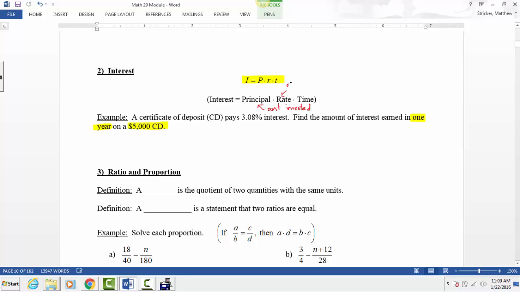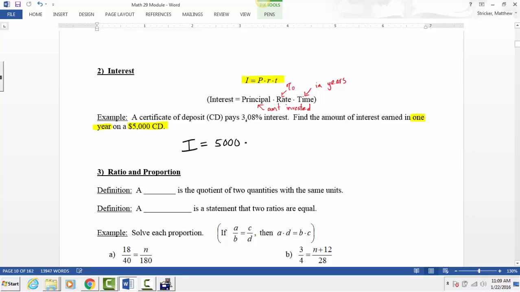The rate, that's the percent, that's the interest rate. And then the time, this is in years. So it says find the amount of interest. So I want to know in this example the interest that is earned on a principal, the amount invested. Okay, so the amount invested was a $5,000 CD